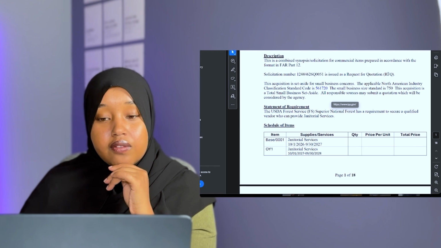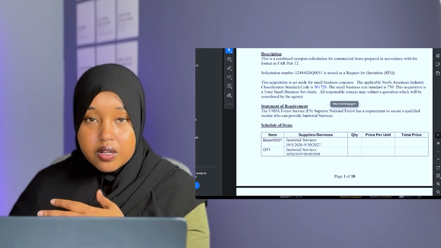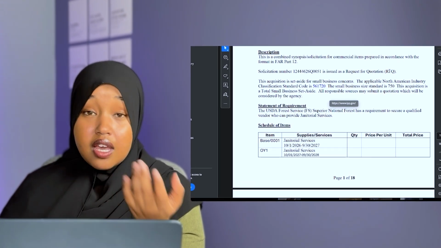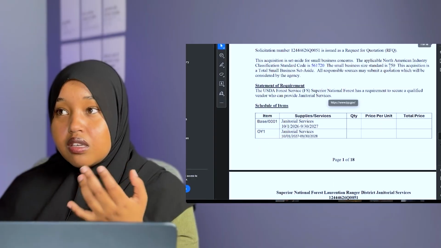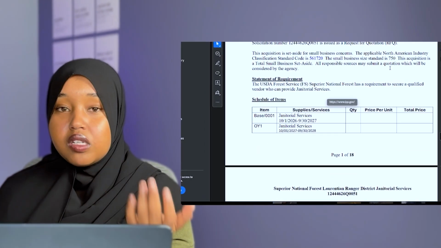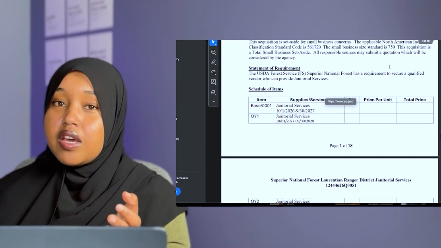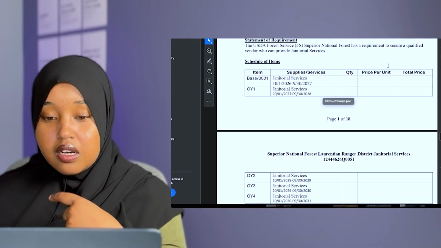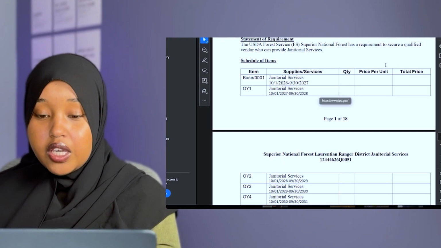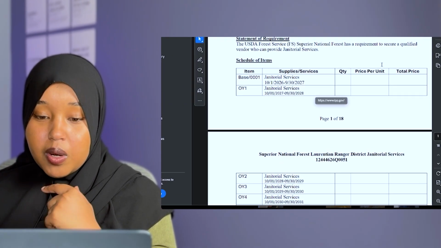One of the other things that I really like about federal contracting is that it is multi-year in some cases. In most cases, it will be minimum 2 years, minimum 1 year. And some of them, we have seen some that were up to 4 to 5 years long. In this case, it is 4 years that you will have to come up with the pricing for.